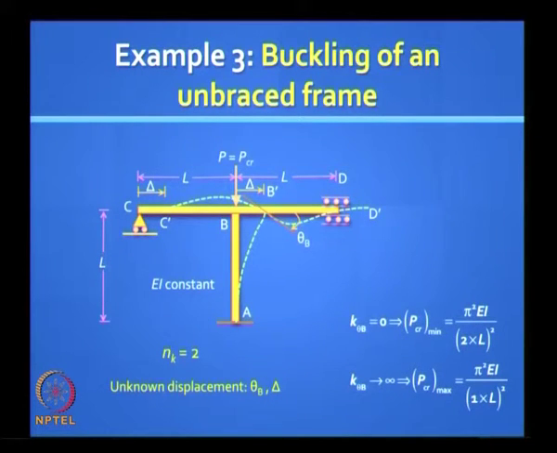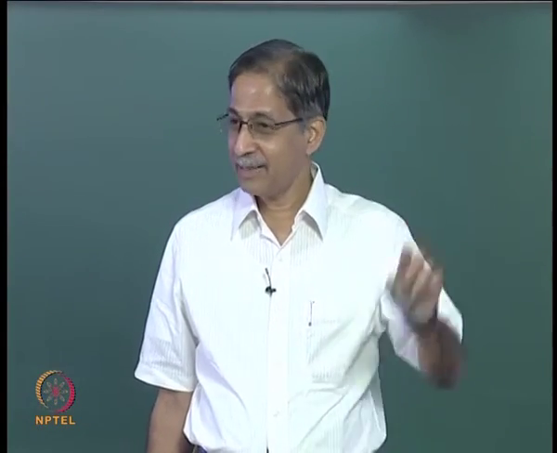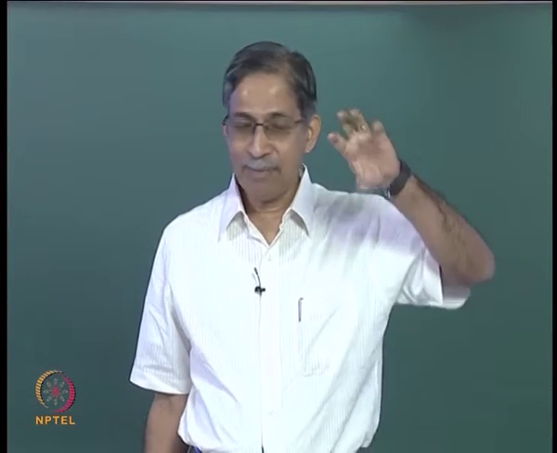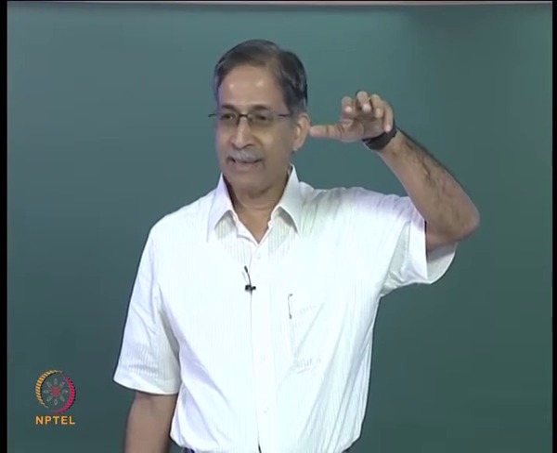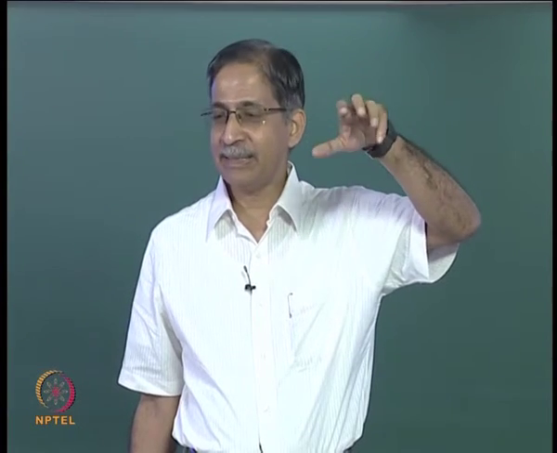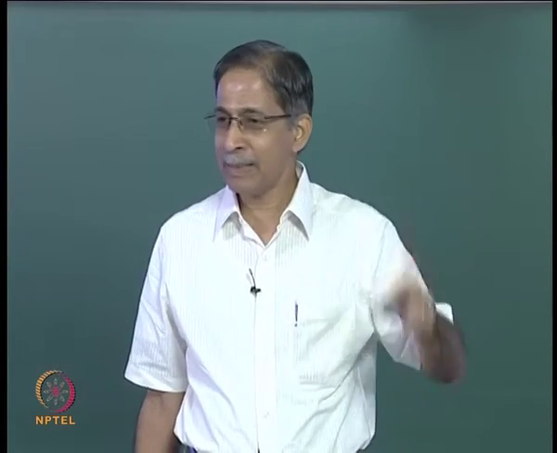So 0.7 is wrong. It must be 2. Relax. You isolate that column. The column is a cantilever. The top can roll, so it's a cantilever, but you can have some rotational fixity. So let's take the case where the rotational fixity is 0. The rotational spring there is 0. Then it's a simple cantilever.